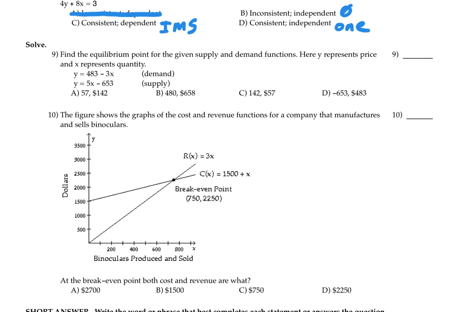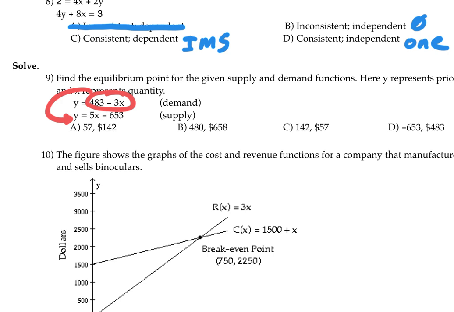I think the easiest way to do this one is just do substitution, because they're already solved for y. Take 483 minus 3x, plug it in for y, and then all I have to do is set those 2 equal to each other, and then solve for y, or solve for x. Okay. I probably should eliminate this one right away, right? I mean, I know if I see a negative answer,